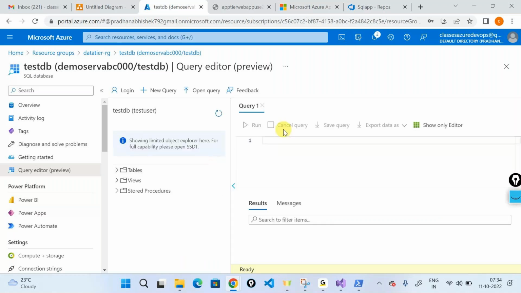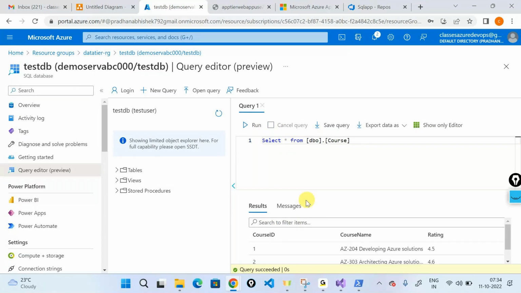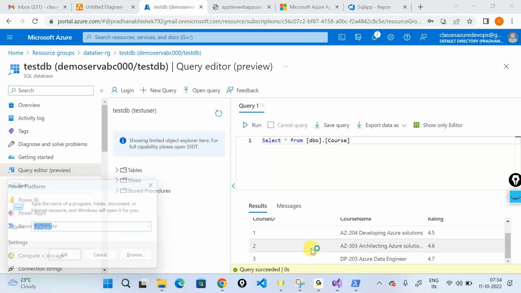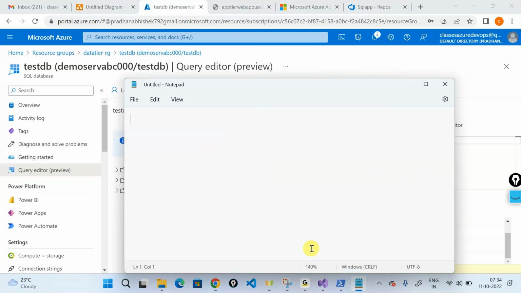And after I give a username and password, I'm running a query telling what? Select star from dbo.codes, and I'll say enter. And this is how I'm getting the data. Same way, my web application should also have something called a username and password. So the web app should also have what? Username and password. And after logging in, it should run a SQL query out here